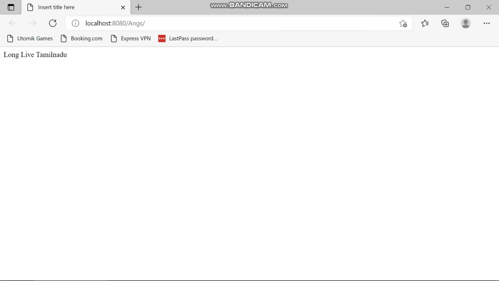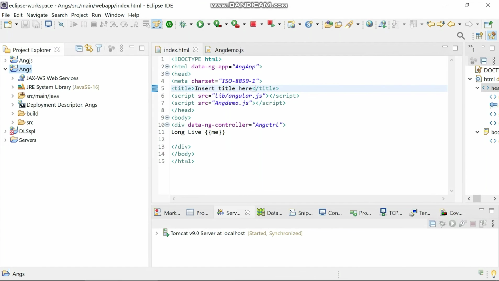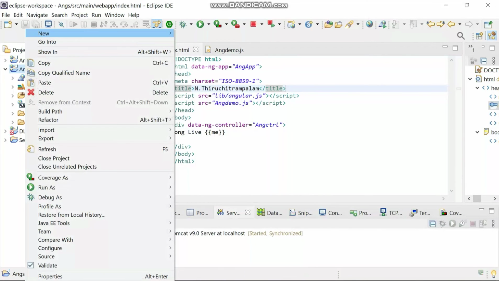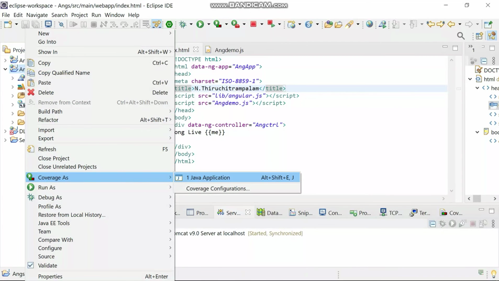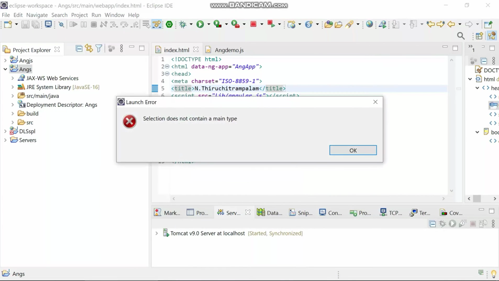Just to confirm, wait, hold on, let me give the name. Here I am going to give the title of the page as N Tiruchitrambalam. All right, fine. I'm going to run.